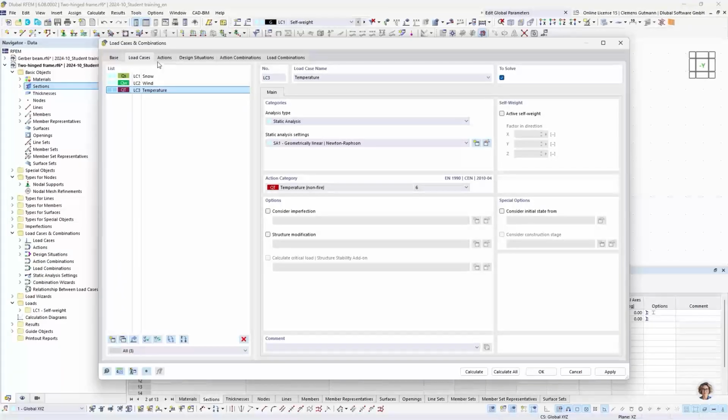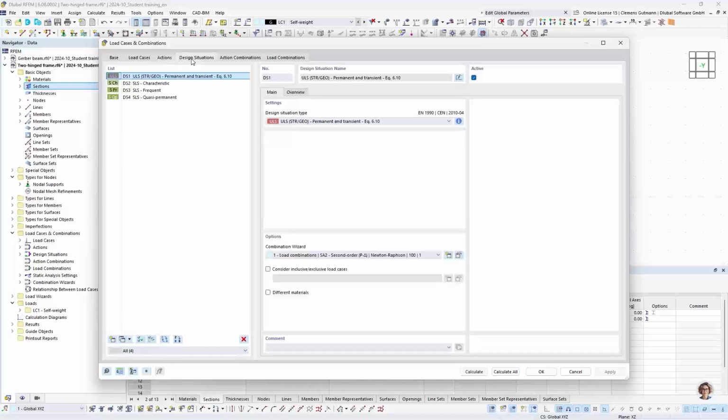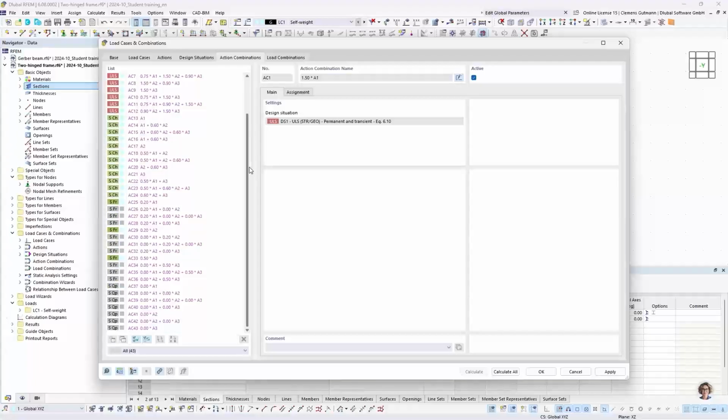And if we now go through this again, we can see some interesting stuff. So if you go to the action combinations, you can see that some of the entries are grayed out. And that is because the program detects that some of the action combinations are duplicates